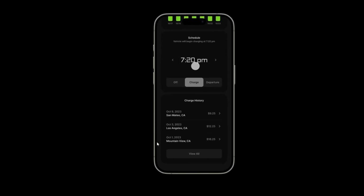And then here's charge history. I'm guessing that this must be charge history at pay chargers, not charge history at home, because then obviously that would be free. Or maybe you put in how much you pay for electricity, and it'll tell you how much you would be paying to charge there,